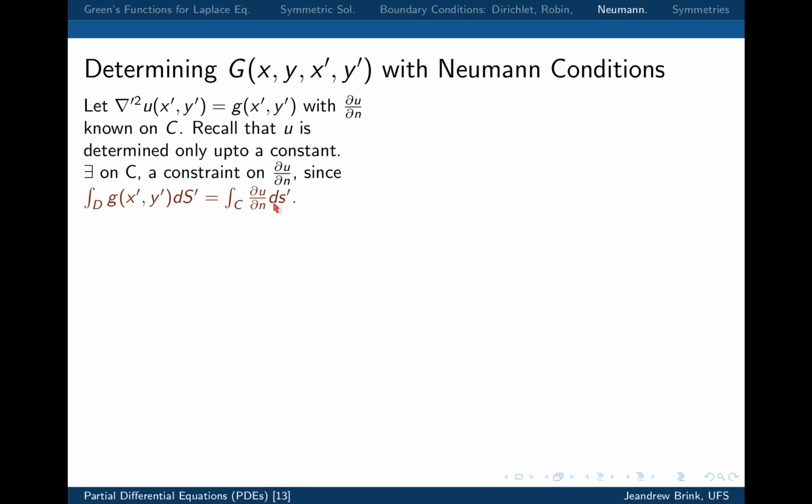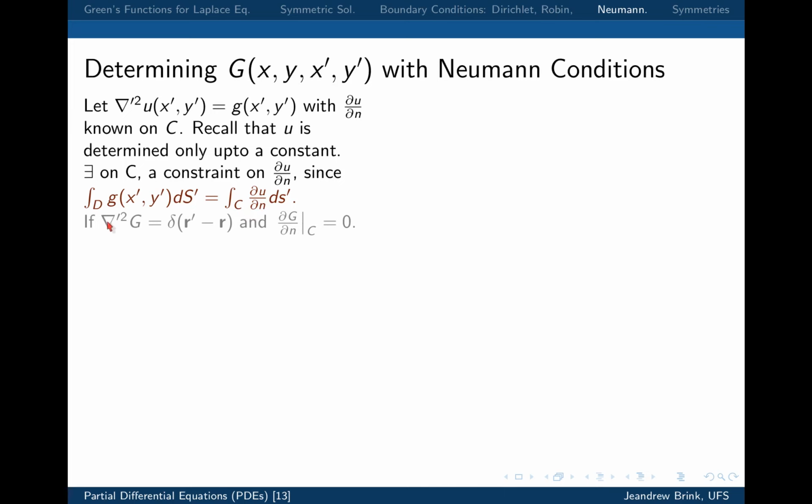So this is an additional constraint that appears only for Neumann boundary conditions, and it basically says that this function is known. So take, in some sense, the sum or the integral of this function over the whole domain, it's got to be equal to the integral of du/dn over the boundary. Okay. And so in particular, if we're looking at the particular case of the way we specify the Green's function